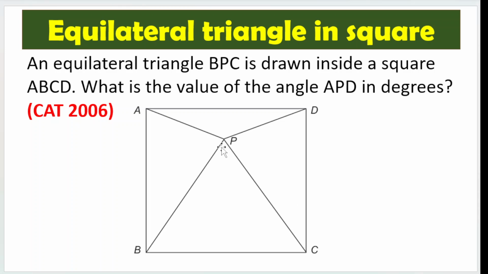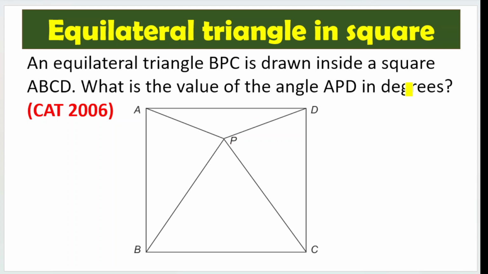Hello friends, in this problem we are given that in a square there is an equilateral triangle. ABCD is a square, right? And within that BPC is an equilateral triangle. What is the value of angle APD in degrees? What is this angle? Obviously this P